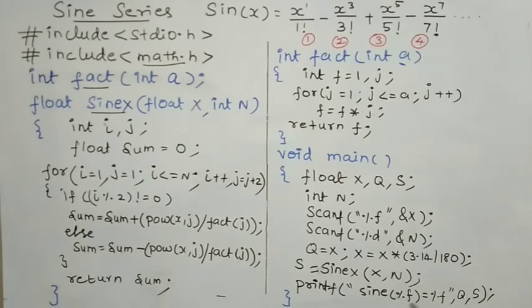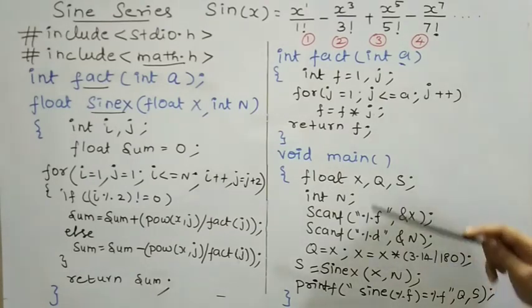What it will print is sine of, this percentage f will be replaced by the value of q. It is the original value of x given in terms of degrees, is equal to this percentage f, which will be replaced by the output value, that is s. Using this printf statement, I am printing the output value whatever your sin x function has returned.